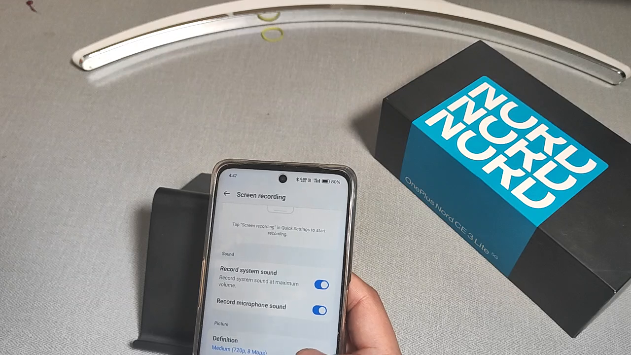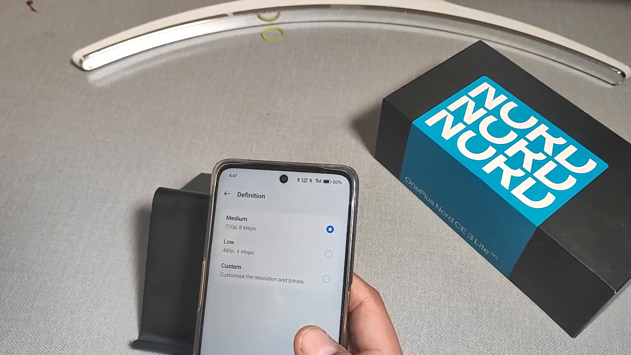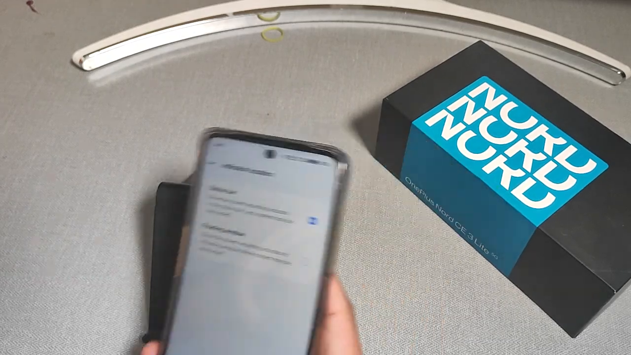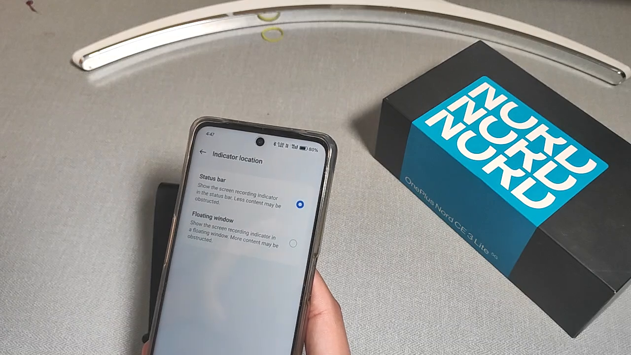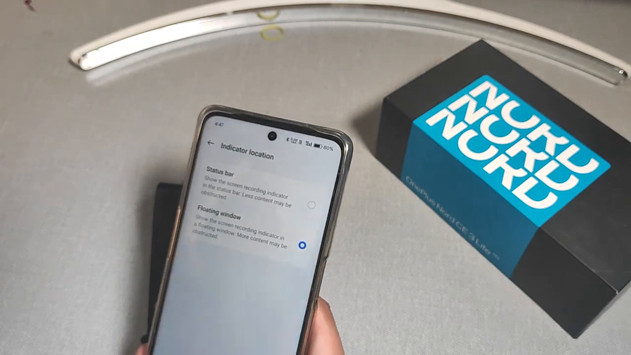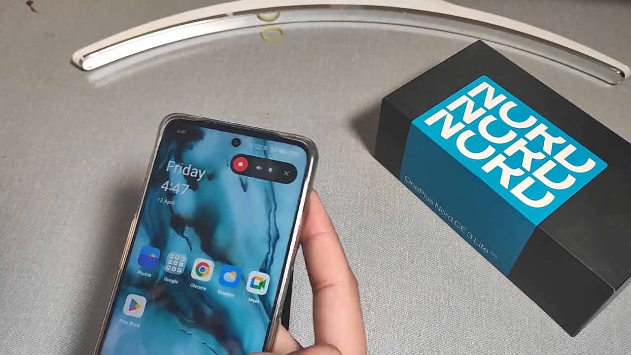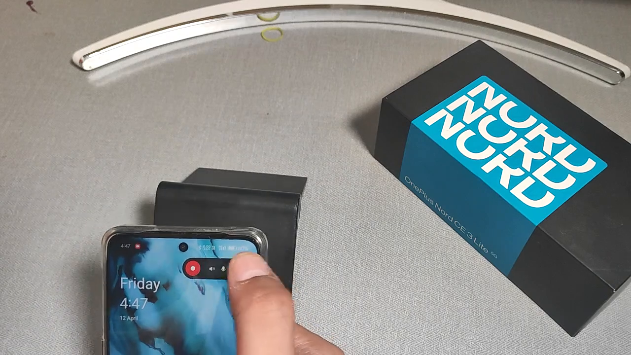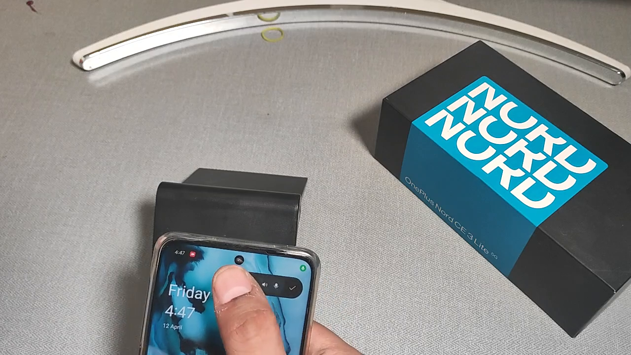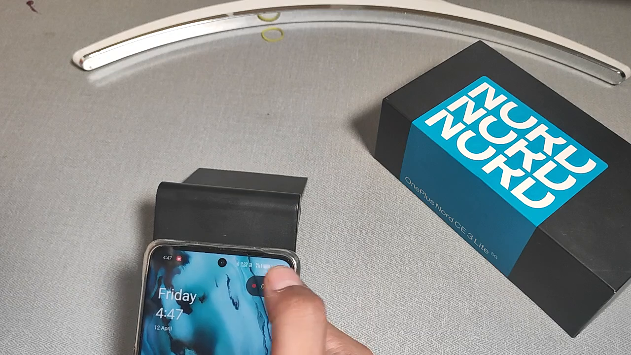There is another setting, you can choose whatever pixel, 480 or 720. There is an indicator location, status bar, floating window, so I choose floating window. And if you then tap screen recording, it shows here. You can easily manage it by clicking on this, it starts, clicking on this, it ends, and click on the tick option